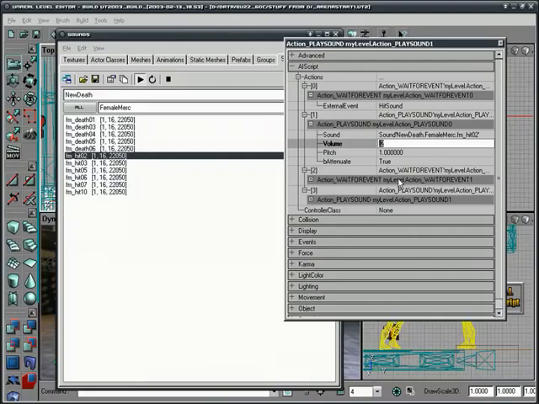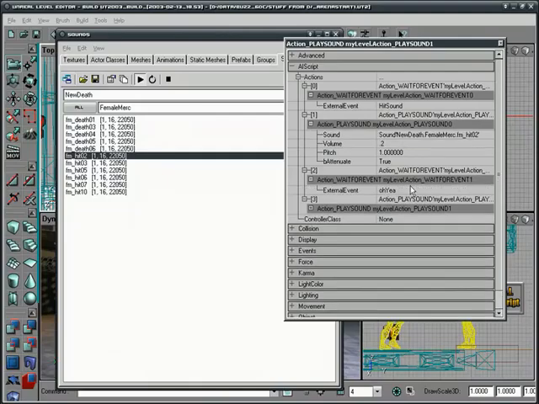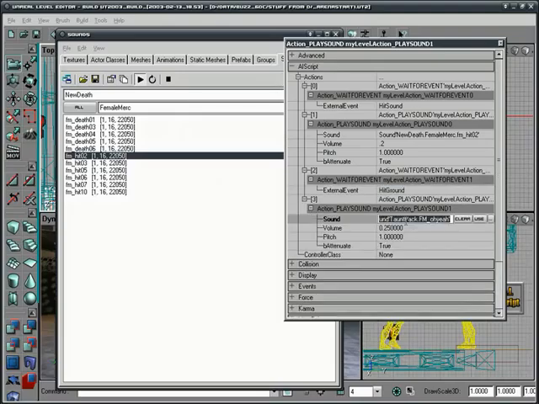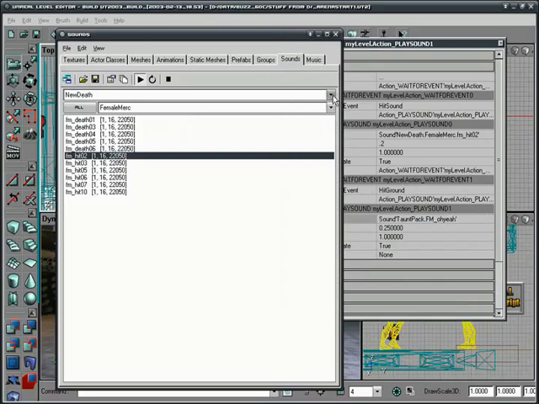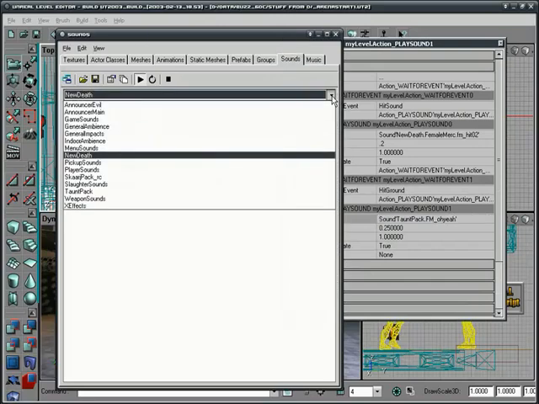All right, now the next one is going to be another wait for event. Let's go ahead and open up wait for event up. And, of course, we're not waiting for the kick sound this time. We're going to be waiting for perhaps hit ground. So hit ground to be broadcast. And then once hit ground is broadcast, the sound that we're going to want to have play will be, let's go ahead and come back over here to our sounds browser, and let's change this over to, I don't know, player sounds,